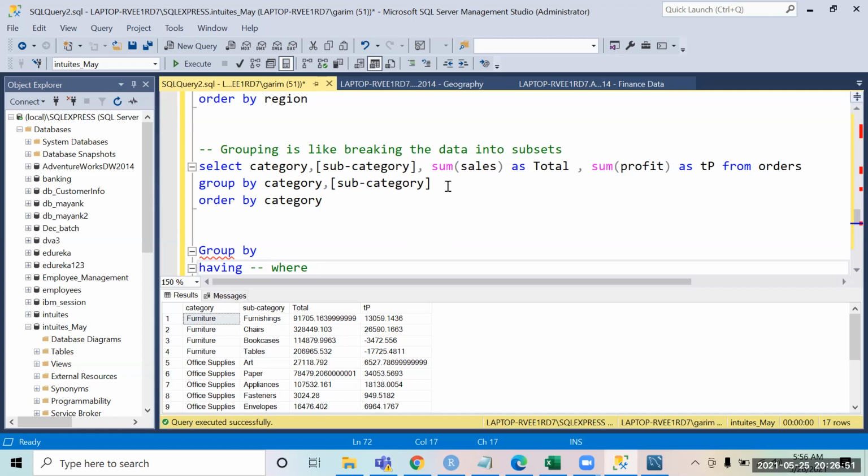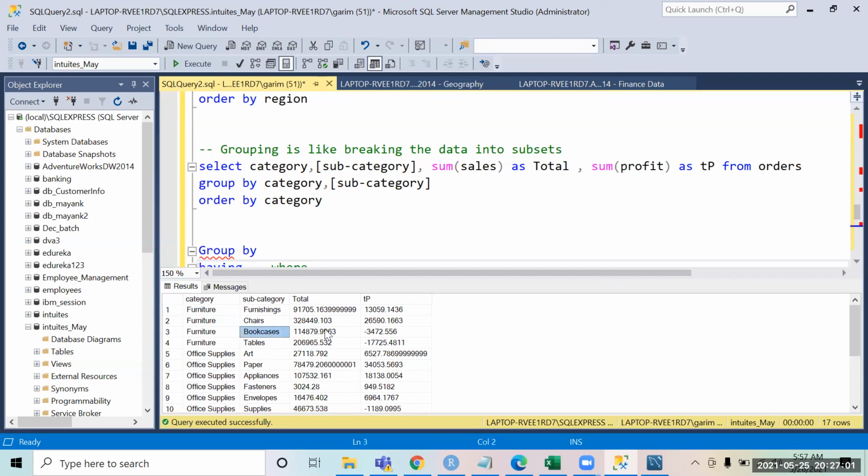Like for example, this is the query that we wrote and we got this output. Now, my requirement is, if you see right now, that for many of the subcategories, I can see the profit is negative.